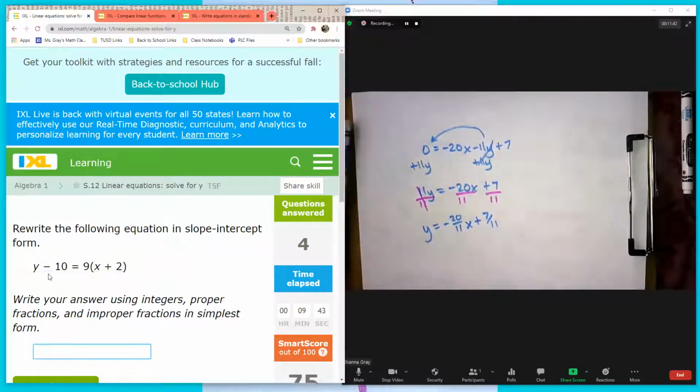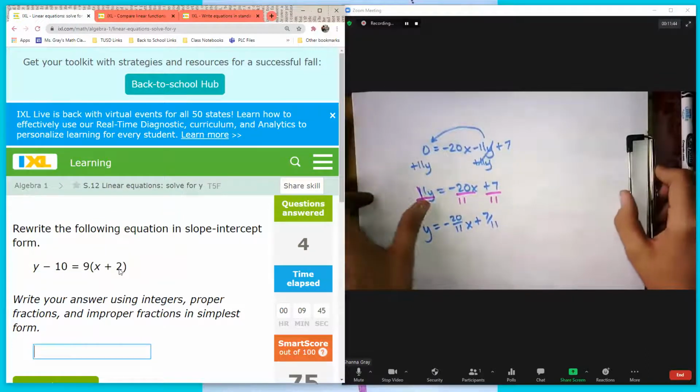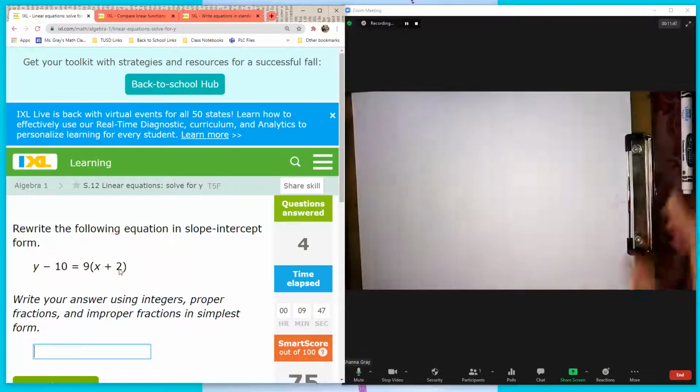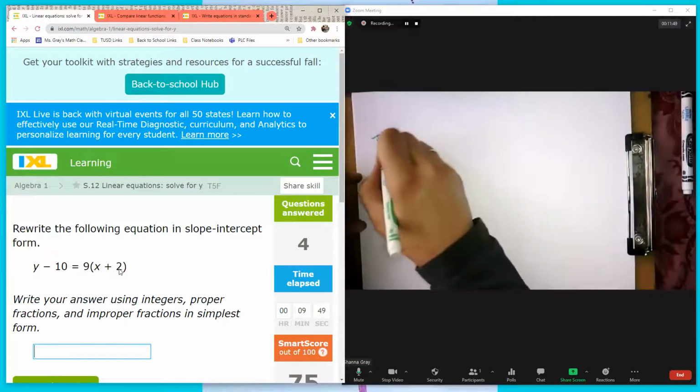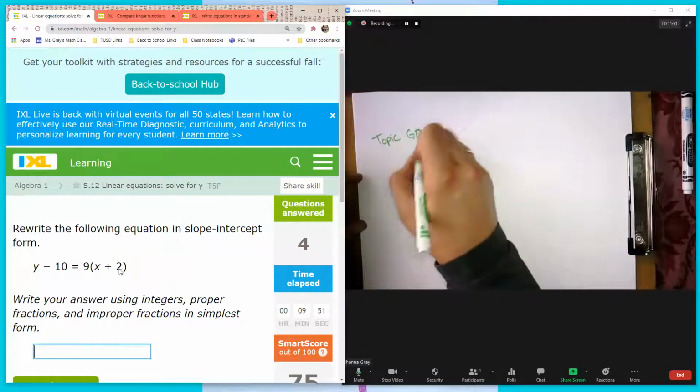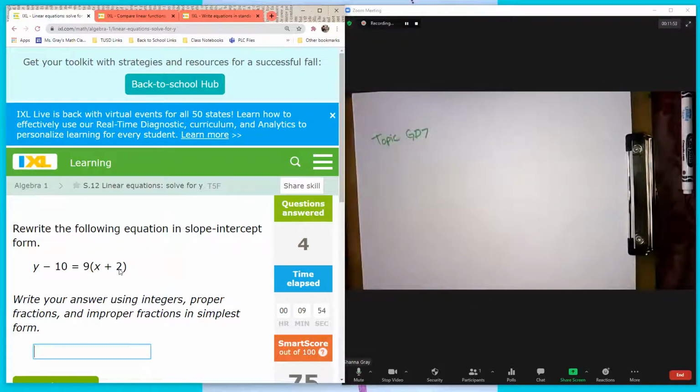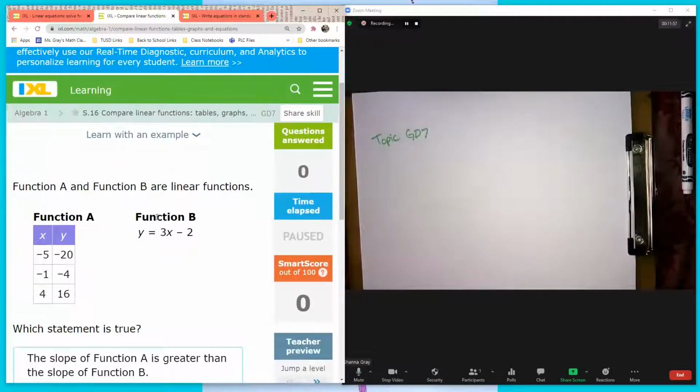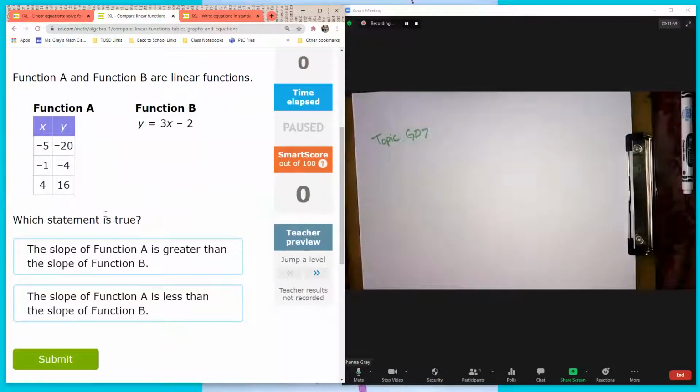So then we're back to the same type as before. Okay, the last topic is definitely more of a review. GD7. So if I'm looking at that one, that's where I'm combining different parts of functions to see which one's bigger or smaller. It gives me two different ones listed two different ways and asks me to find for this